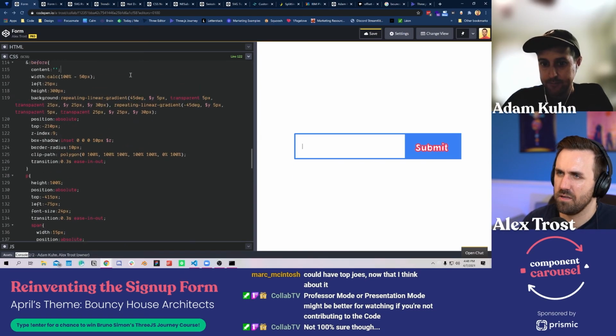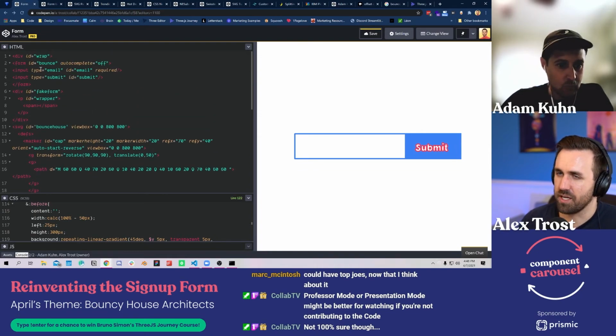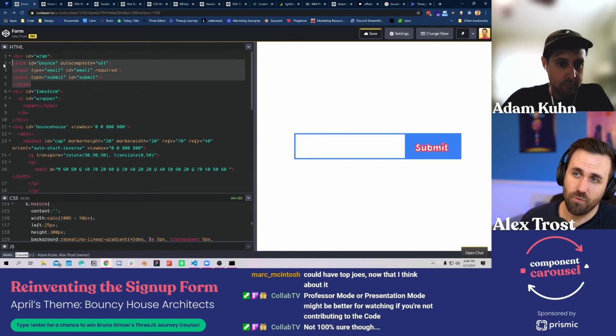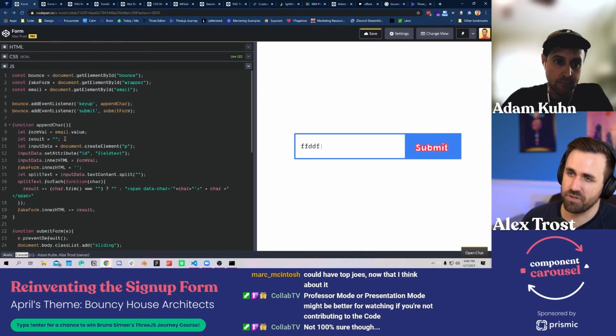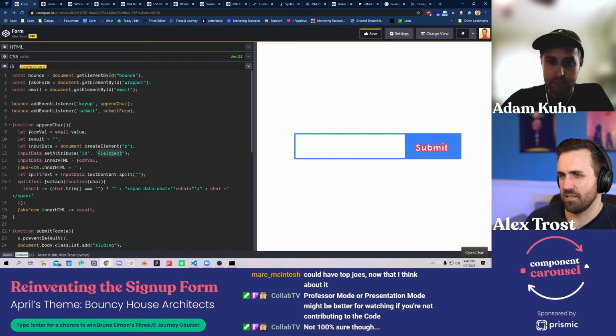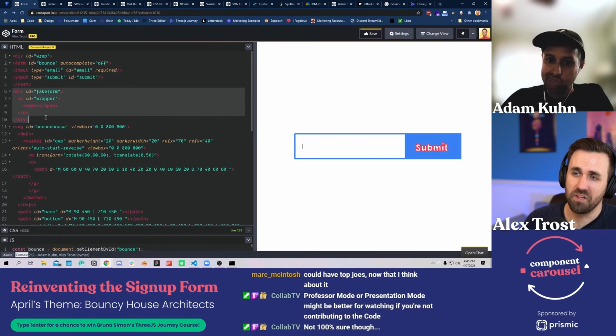Just for people who recently joined, the way this is working is Adam has a form here, but when I start to type these letters, the JavaScript is capturing that, and instead it's adding a span inside this fake form wrapper.